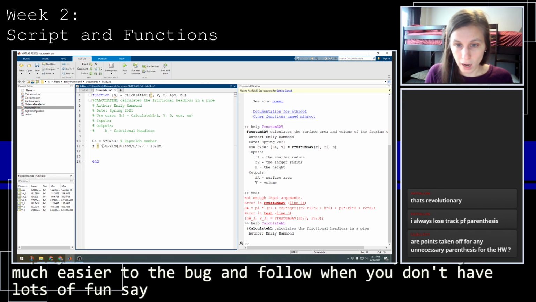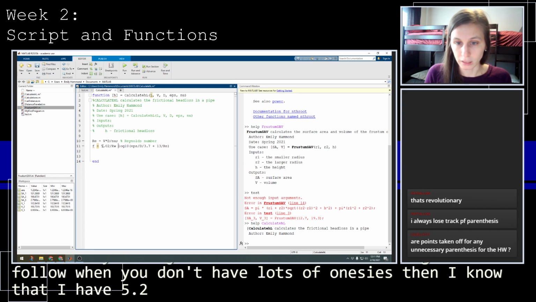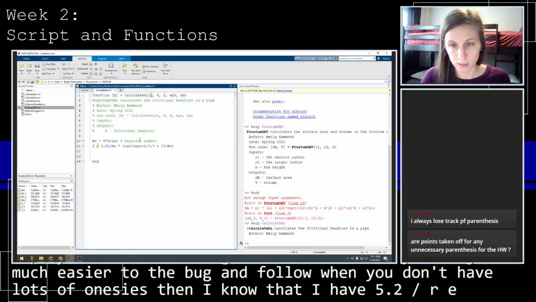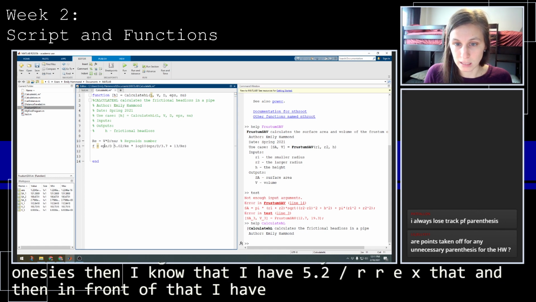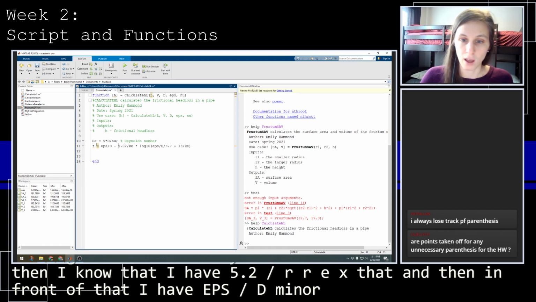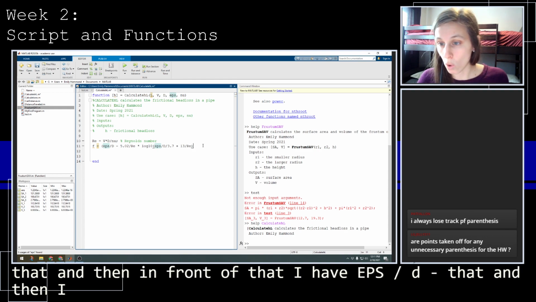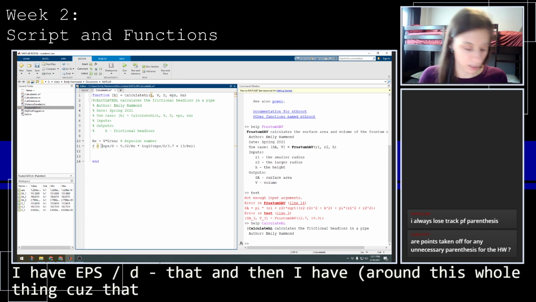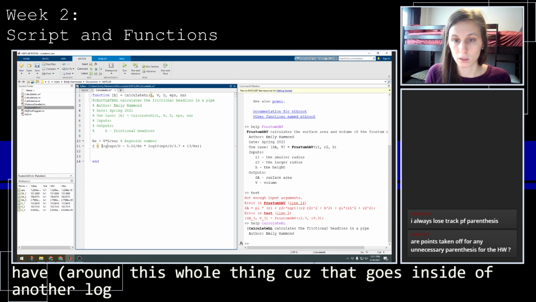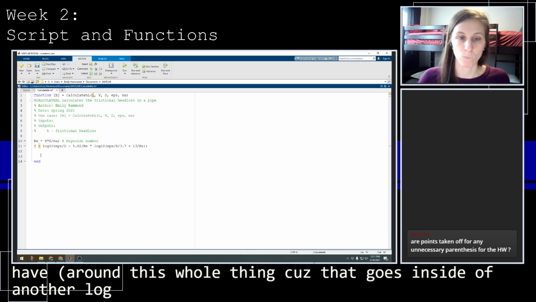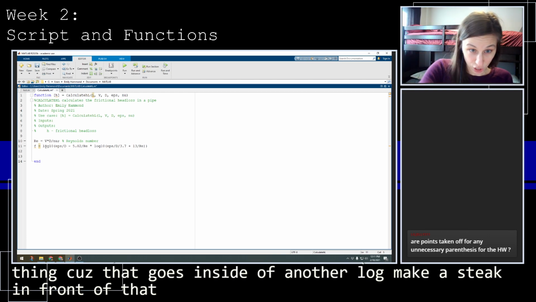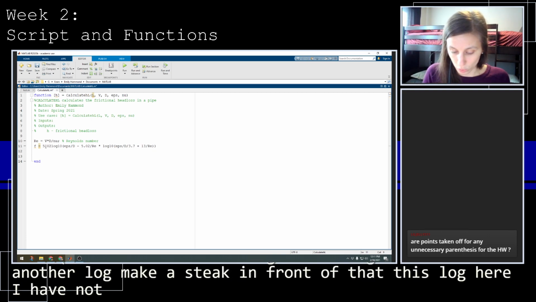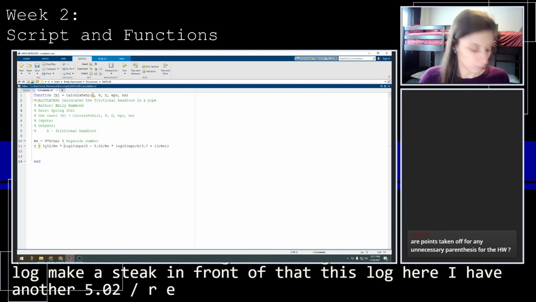Then I know that I have 5.02 divided by RE times that. And then in front of that, I have EPS divided by D minus that. And then I have parentheses around this whole thing, because that goes inside of another log. I'm going to make this big. In front of this log here, I have another 5.02 divided by RE.